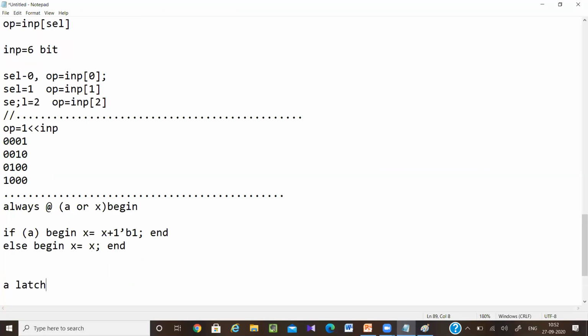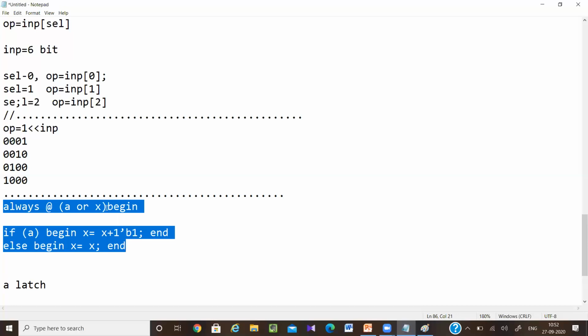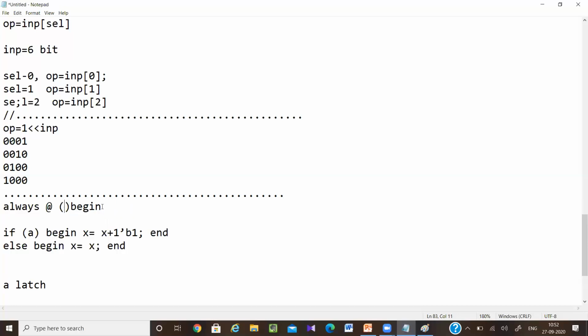Because if you are using the previous value, it has to store that value. You are writing a combinational circuit and here it is generating a latch. So better I can write it for a sequential circuit. You understood what is the mistake? Yes, ma'am. So instead of a or x, I can simply write posedge of clock. And here, as it is posedge of clock, a non-blocking assignment.